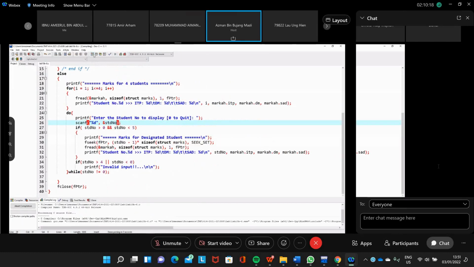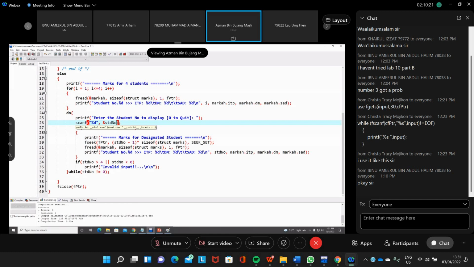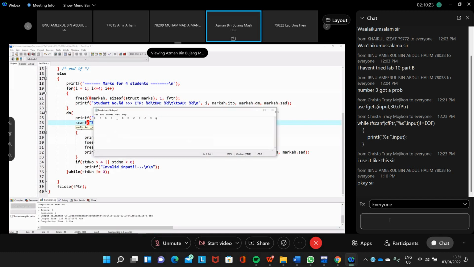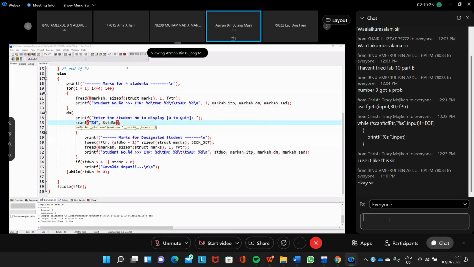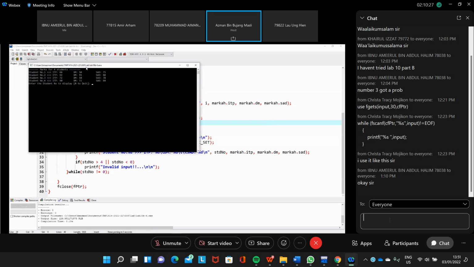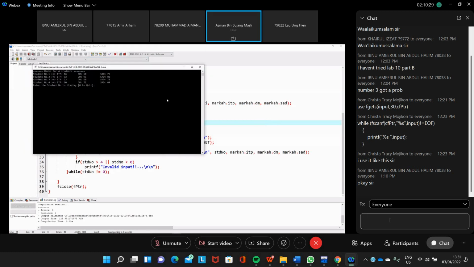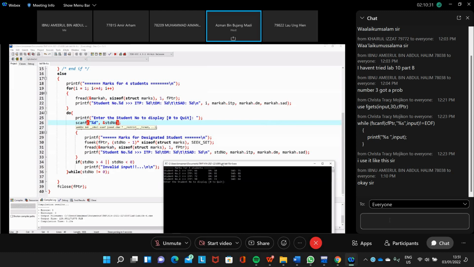Compile it again. We know this is our file. We just cannot see it, but when you run the program, you can get it like this. The first part is similar to the previous program, where we display the marks, but now we can search for a particular student. Enter the student number to display.